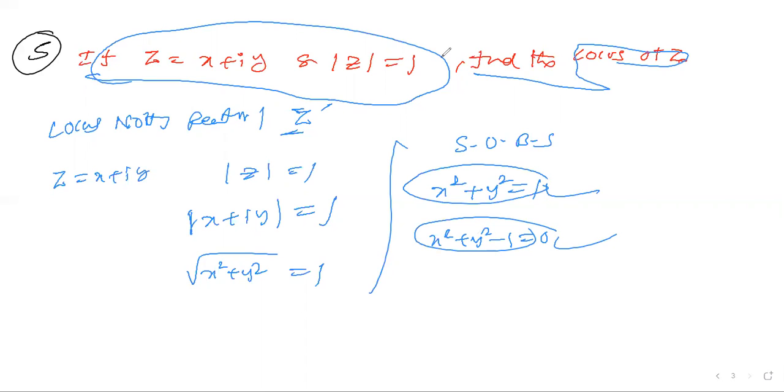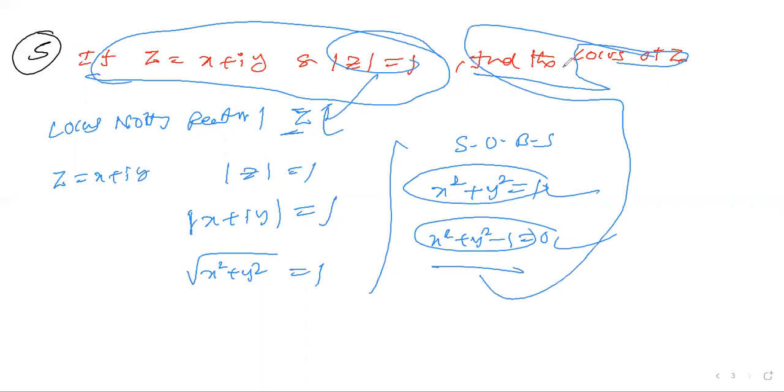This is the relation for the given locus. You take a condition, expand that condition, and you'll get one relation, which is the locus of the given z. Whatever condition is mentioned, you follow the condition and create one relation in terms of z. This comes under the locus of z. I think it might be clear now. Yes, sir.